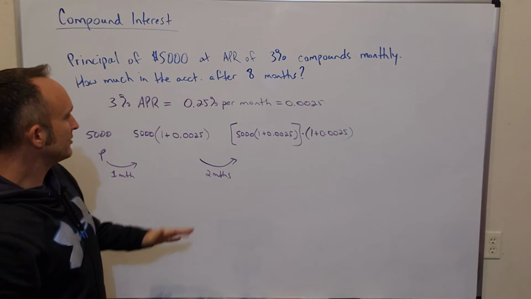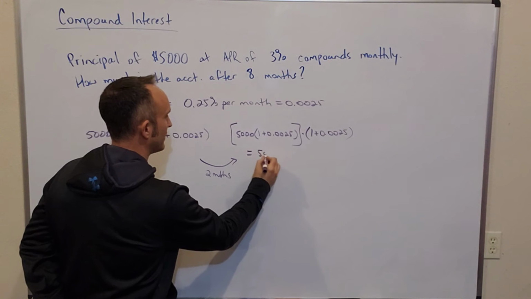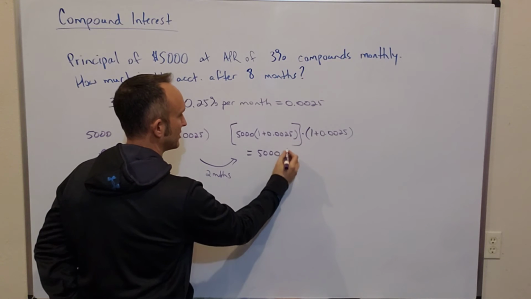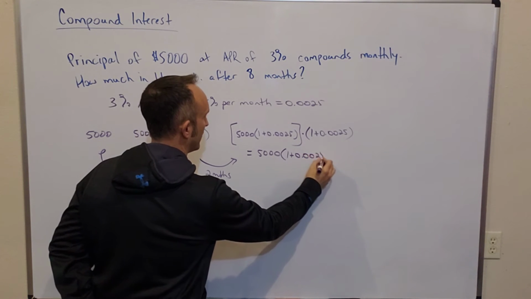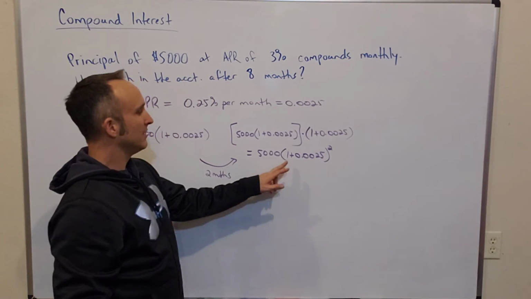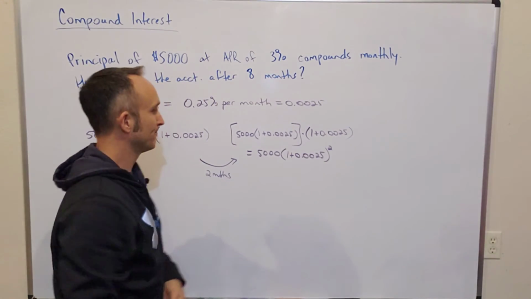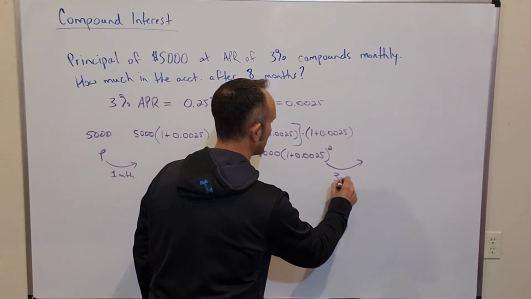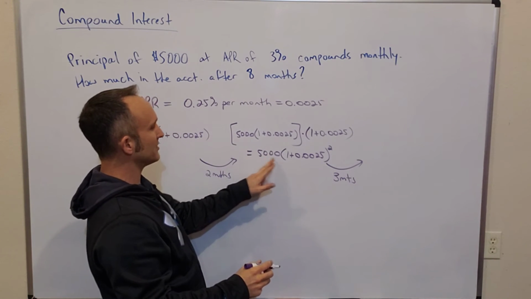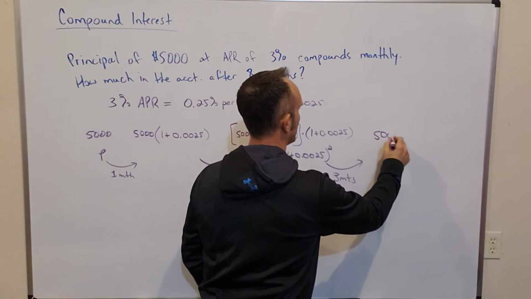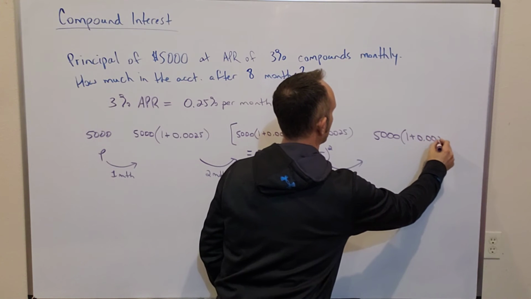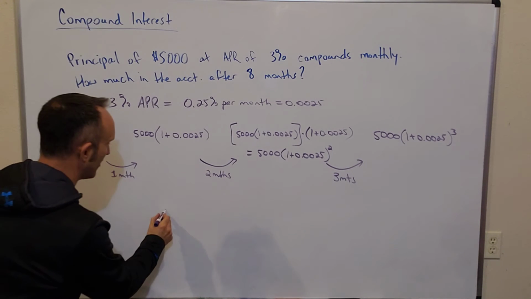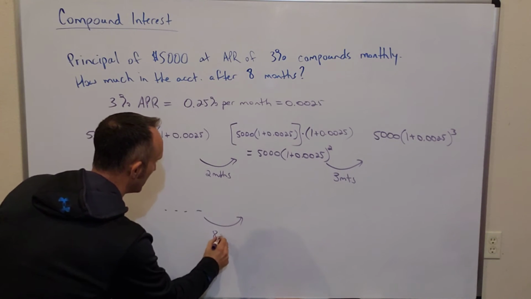Okay? And so this ends up equaling 5,000 times 1 plus the 0.0025 times another 1 plus the 0.0025, which means it's multiplied by that principal plus interest squared. Okay? And so hopefully you can imagine what this looks like after 3 months. After 3 months, you're going to have 5,000 times one more of these. So you're going to have 5,000 times 1 plus the 0.0025 to the third power. And if we continued this process on and on and on, then after 8 months,